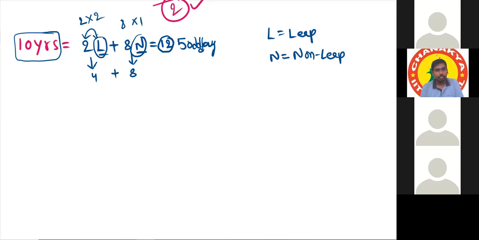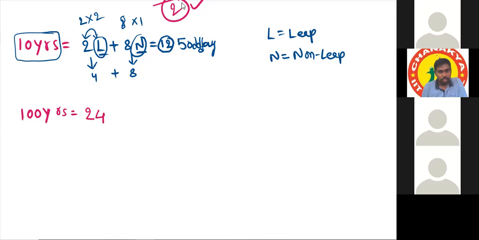Okay, then. Tell me, how many odd days will be there in 100 years? 24 leap years and 76 normal years. It would be 20 leap years, right, sir? No, there won't be any such thing for this.